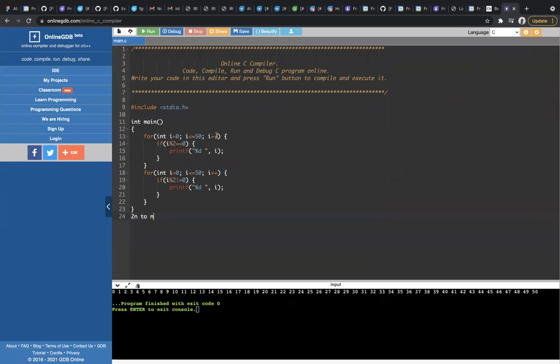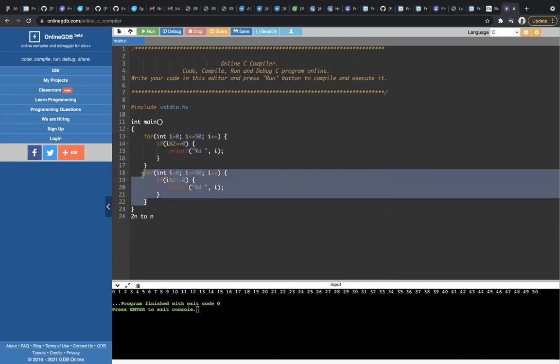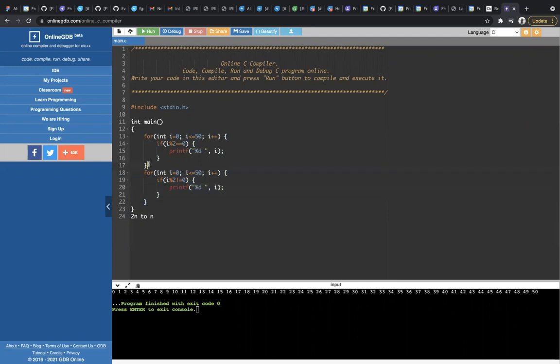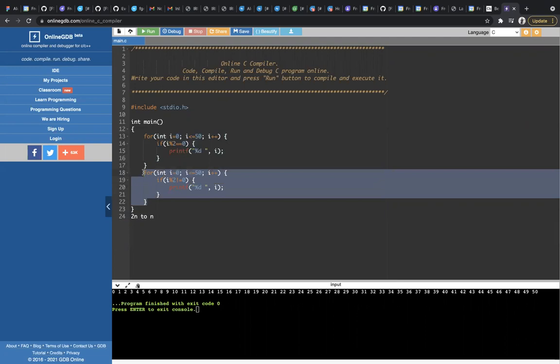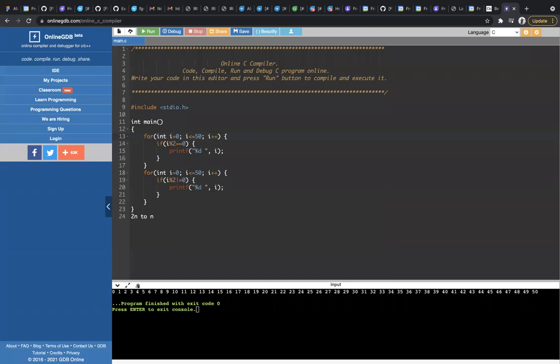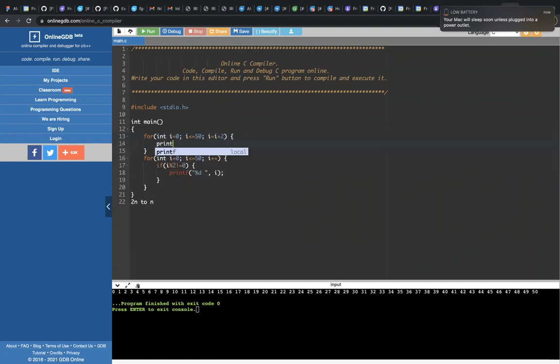Okay. So here, if you see, the first loop is executing n plus 1 times, right? And the second loop is executing n plus 1 times. If I reduce this from n plus 1 to n by 2, and also this n plus 1 to n by 2, then n by 2 plus n by 2 will be n, right? So that will actually decrease from 2n to n. For example, here, instead of incrementing by 1, I will increment by 2. And I don't need this if statement, I will just print it.